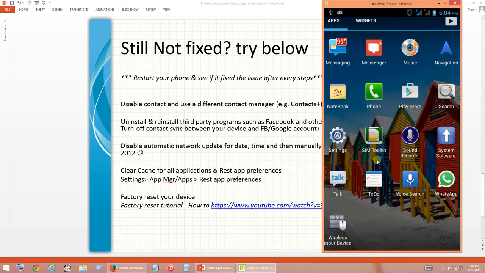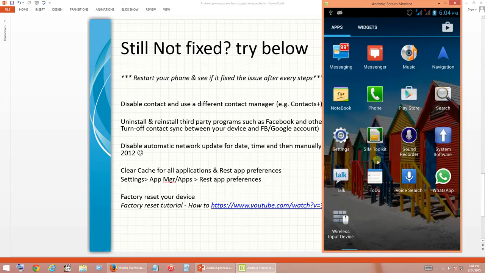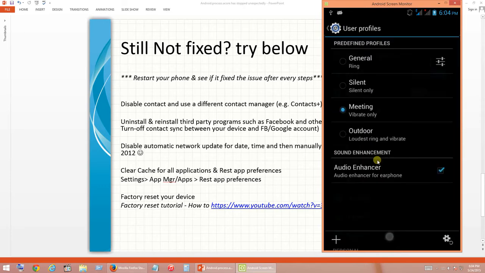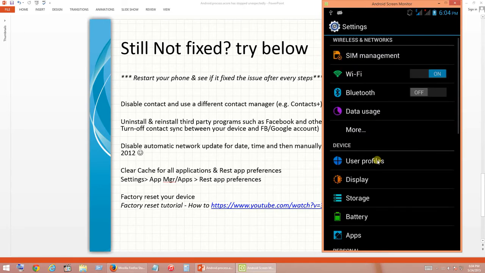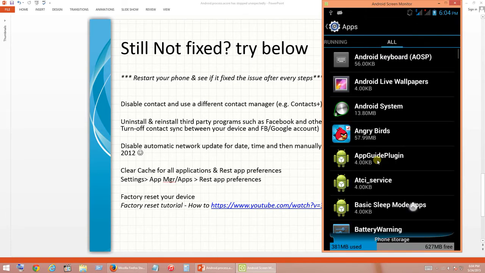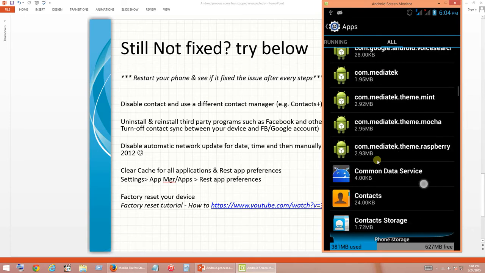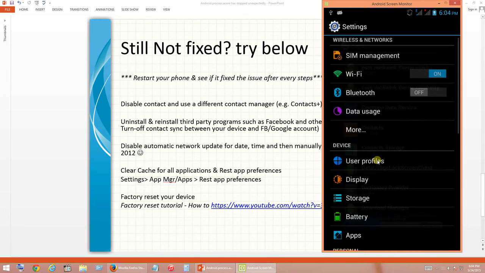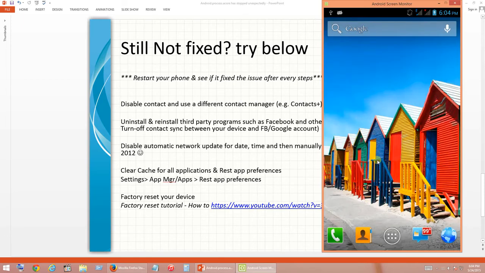Disable Contacts, which is the default contact application that came along with your phone. Go to settings, applications, go to all as we did last time, and choose contacts. There you have the option to disable the contacts application. Disable it by clicking on disable, and then you can go to Play Store and search for contacts.